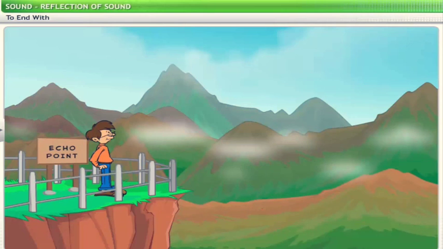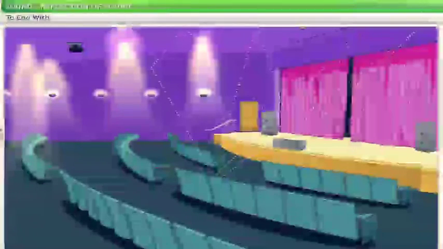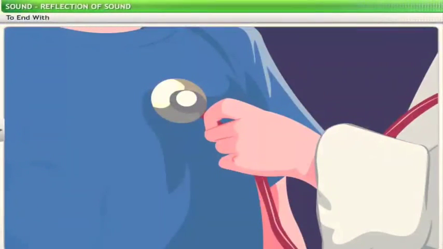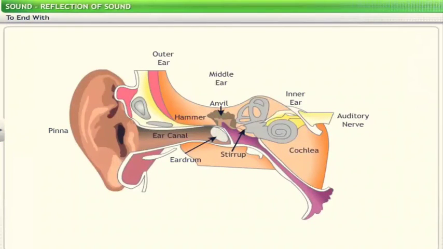This brings you to the end of this lesson on reflection of sound. In this lesson, you learned how reflection of sound results in echoes and reverberation. You also learned about applications of reflection of sound and the working